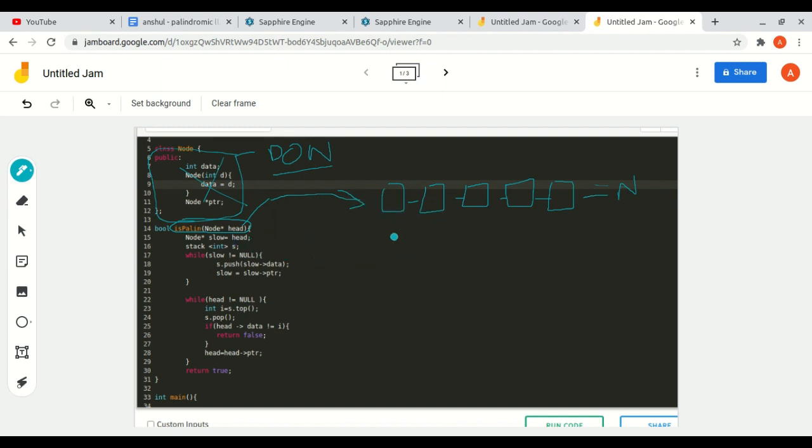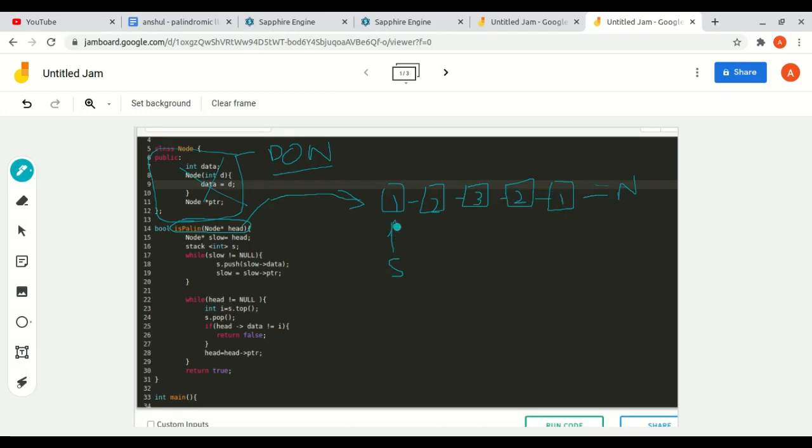Okay, so first the slow pointer. Let's take a variable named slow which points to the head, which means the first node. And this while loop traverses slow from start to end and pushes all the elements into a stack. We have initialized the stack. Let's fill elements 1 2 3 2 1.